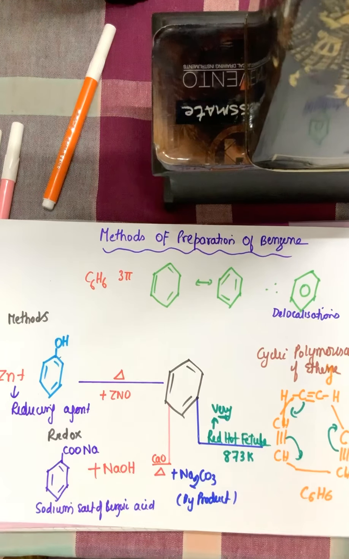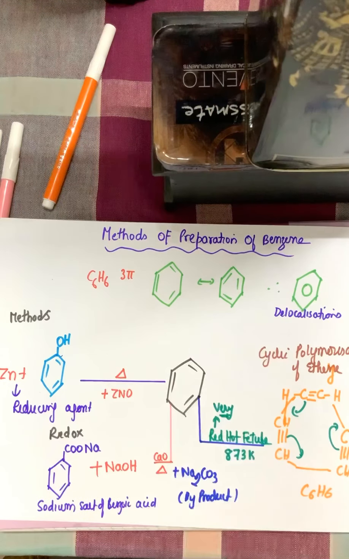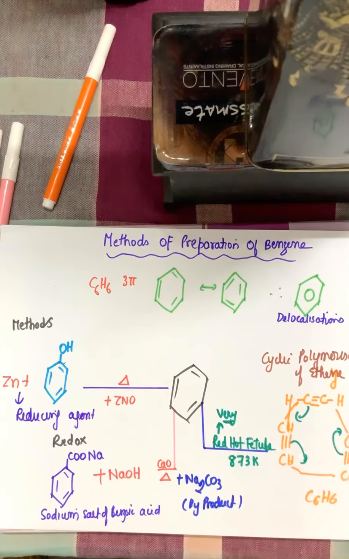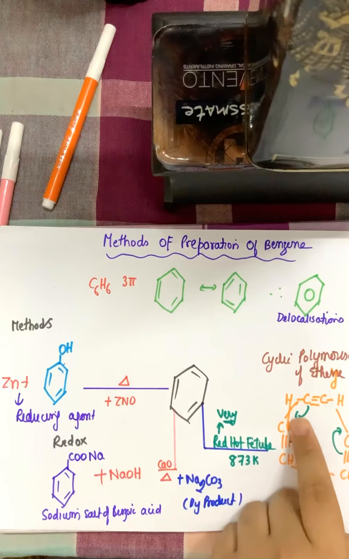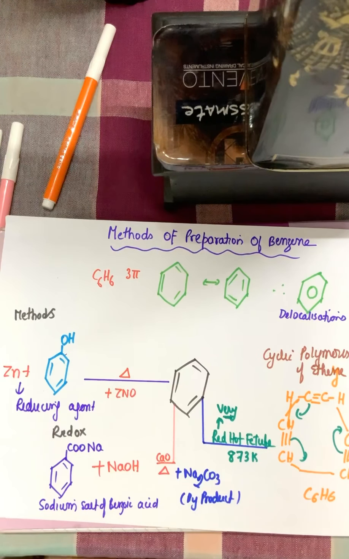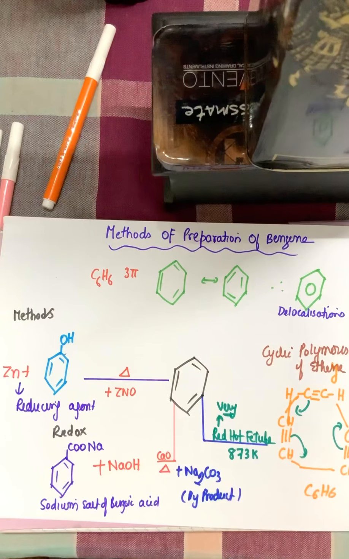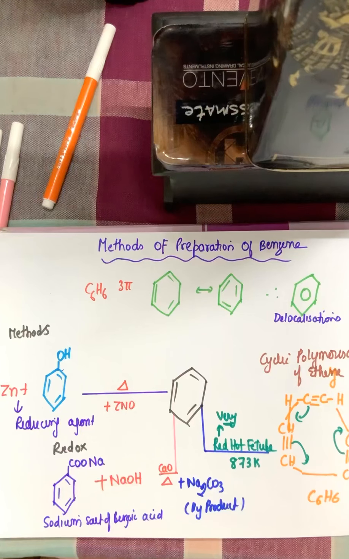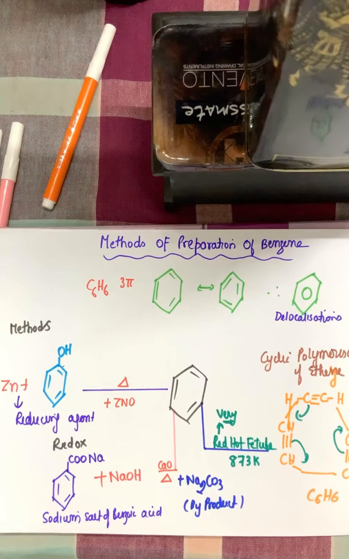So I repeat it again. Ethyne molecule, which is C2H2, 3 ethyne molecules will combine to get the formula of C6H6 in a cyclic polymerization, where it will acquire a cyclic structure by breaking its triple bond to form a bond here between the carbons, and this will lead to the formation of a double bond, and the benzene structure will be formed. Okay. Now the heat required for breaking this bond is provided by a red hot tube containing iron, which will provide enough heat to break this bond to form a bond here, and the benzene will be formed. So cyclic polymerization of ethyne is the method of formation of benzene from an aliphatic hydrocarbon.